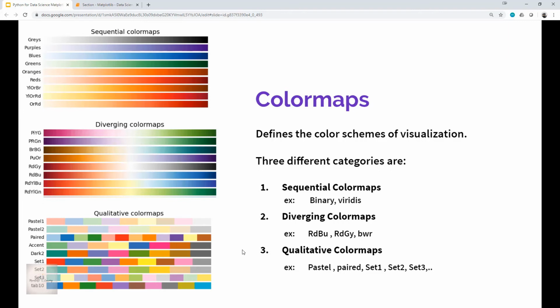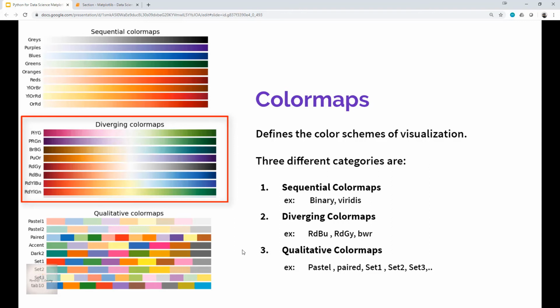Coming to the second category, the diverging or divergent color maps usually contain 2 distinct colors which show positive and negative deviations from a mean. For example, RdBu, RdGy, bwr and many more. So these are the divergent color maps.